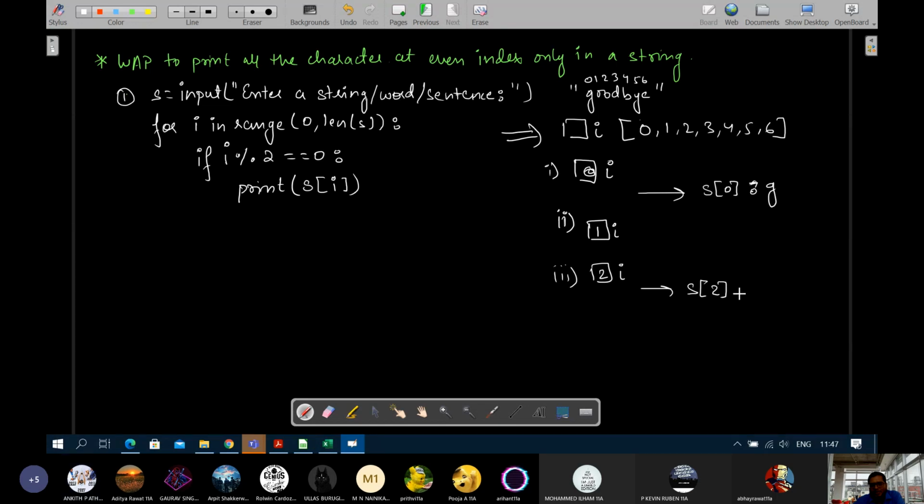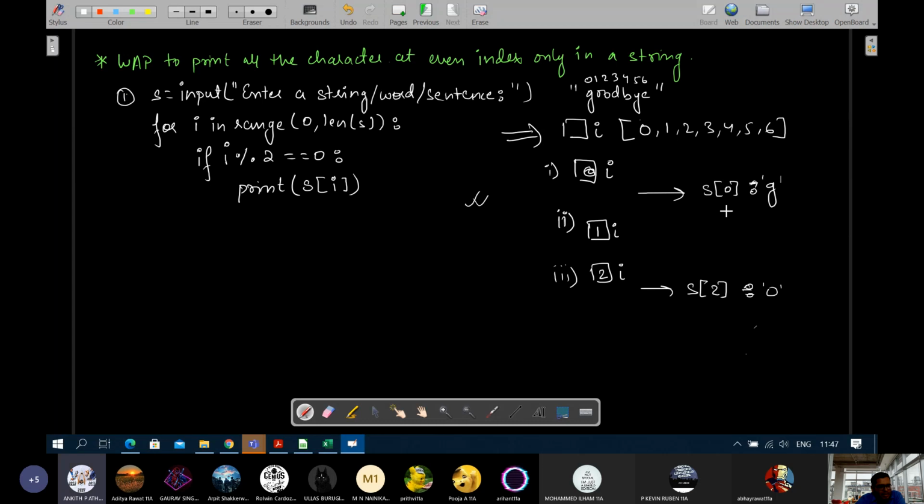No, not the first O, it is the second O. So you will say O, which is second. Okay, so in the first line it will print G, in the second it will print O, then I will be 3. Is 3 divisible by 2? No. So the third character will be excluded. Then next time I will be 4. Okay, the new 4 will be picked up. Is 4 divisible by 2? Yes. So it will print the character. In this way, you will see one will be skipped, one will be printed. One will be skipped, one will be printed. Did you understand this approach?